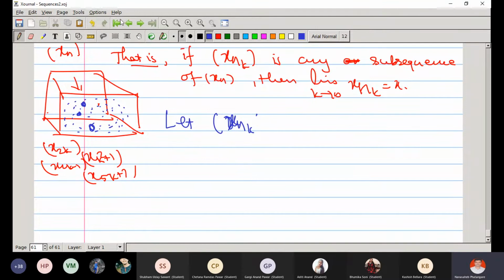So let x_{n_k} be any subsequence, right? Is it clear that what I am saying is logically correct? Do you understand? Yes, sir. So whatever I am saying, you should understand, it should make sense. It is necessary actually. Let x_{n_k} be a subsequence